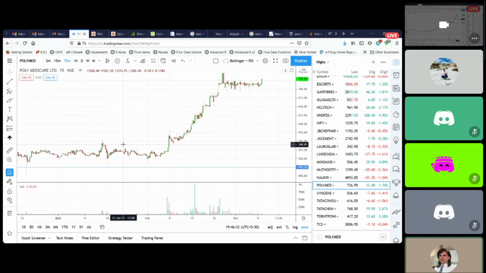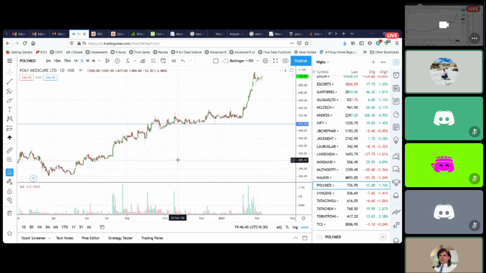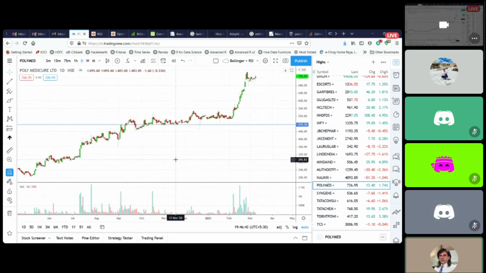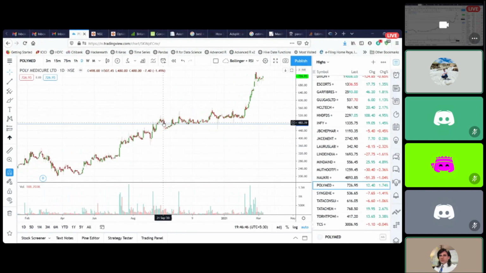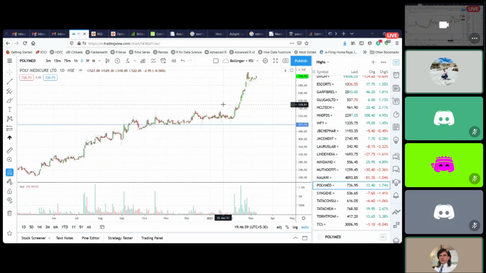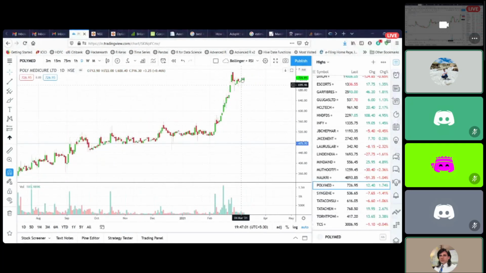And you wait for as long as possible. If it wants to consolidate, all well, nothing is wrong. I mean, stocks can consolidate for 6 months and then break out. And when that breakout happens, it is massive. Take the example of Polymer itself. It was consolidating from September till 5th of Feb, so almost 5 to 5.5 months. It was just consolidating in this range, and when it broke out, it straight away shot up 40%.